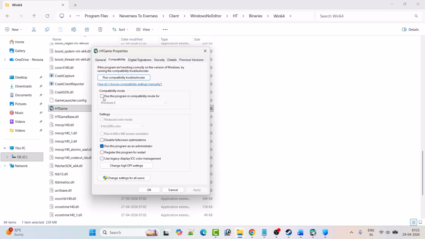If not, then also check mark run this program in compatibility mode. From the drop down, select Windows 8, hit on apply, OK, and then launch the game and check. If it's still not working, then from drop down select Windows 7, hit apply, OK, and then launch the game